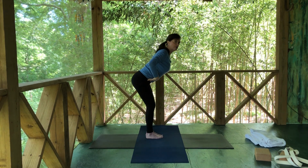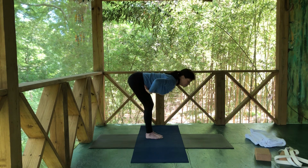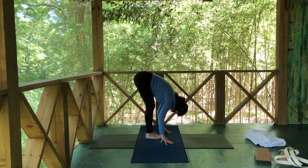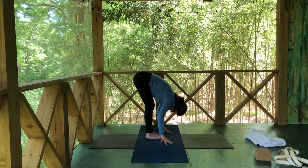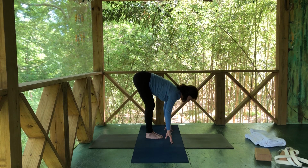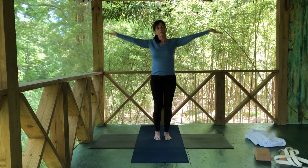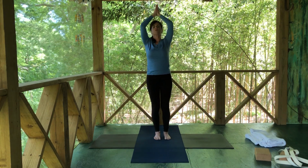Exhale, fold forward. The head releases down. Lift the chest, lift the head, come back up. Inhale, all the way up. Exhale the hands home. We're going to do a standing